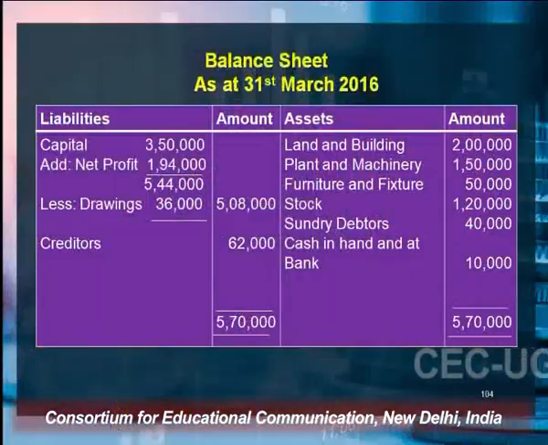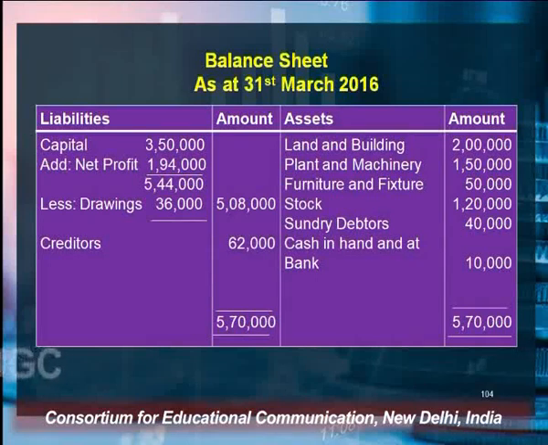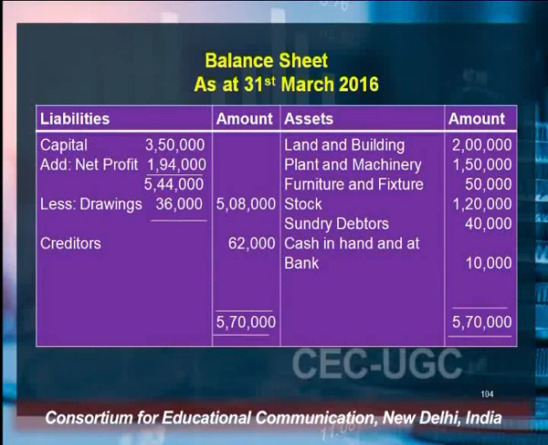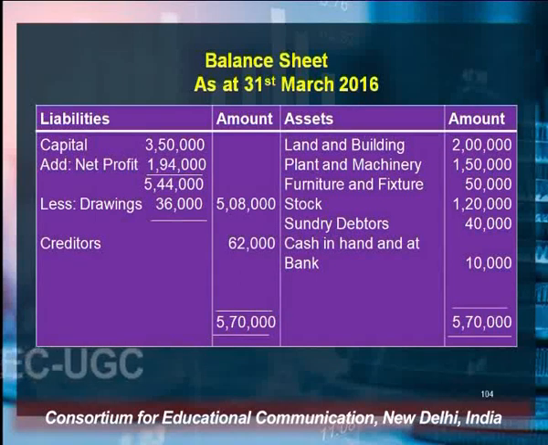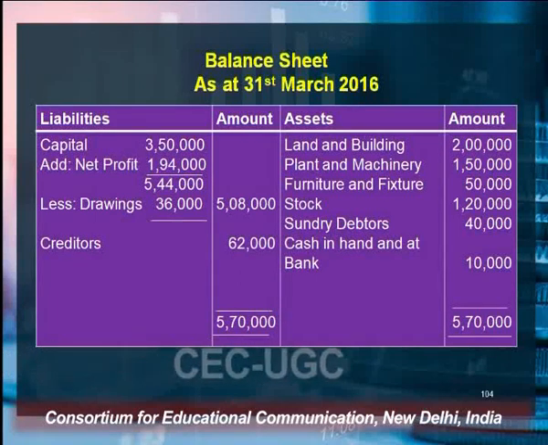So in this profit and loss account, your credit side is exceeding the debit side. So there is a profit of 1,94,000, and this net profit is transferred to the capital account, and this net profit will be added to the capital in the balance sheet. This is the balance sheet. On the left hand side, liabilities are shown. The first item is capital, which is already given in the trial balance. Since capital is personal in nature, it comes under the personal account, and I told you all types of personal accounts are to be shown in the balance sheet.